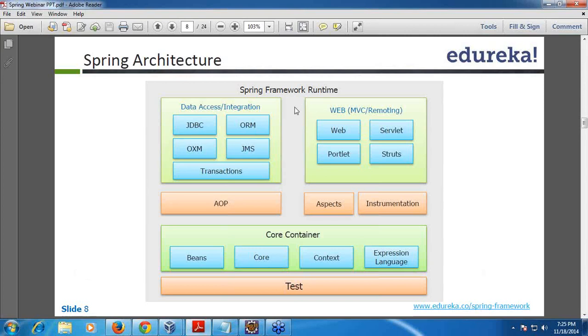So Spring provides a rich set of classes that makes working with these ORMs easy. We can integrate with all these ORMs in an easy way, and just focus on the mapping logic, not worry about how to use the core APIs of the individual ORMs, right? And OXM,